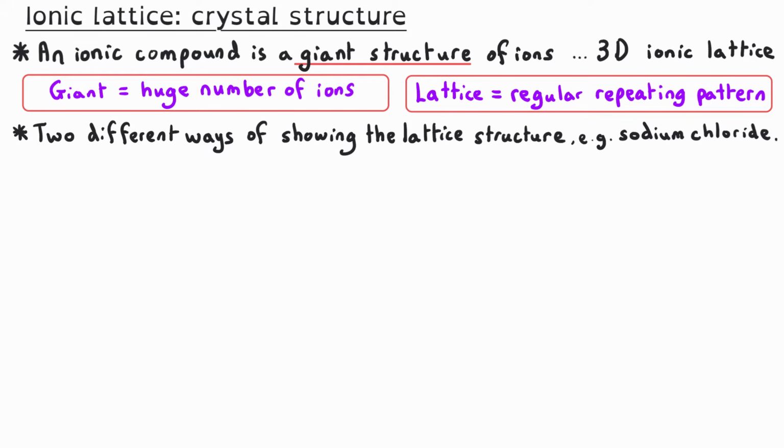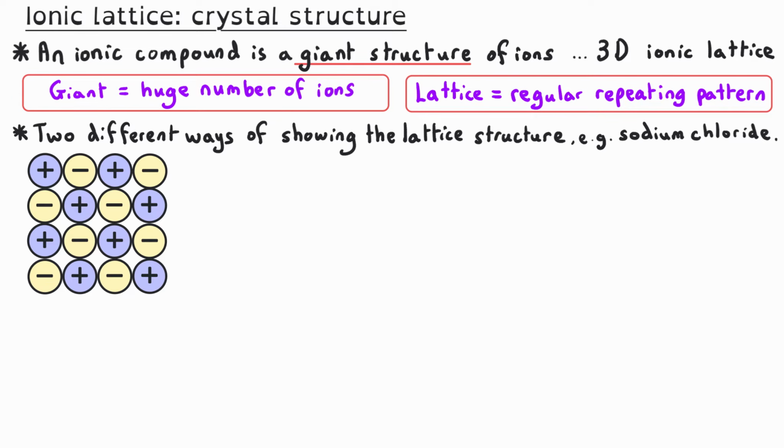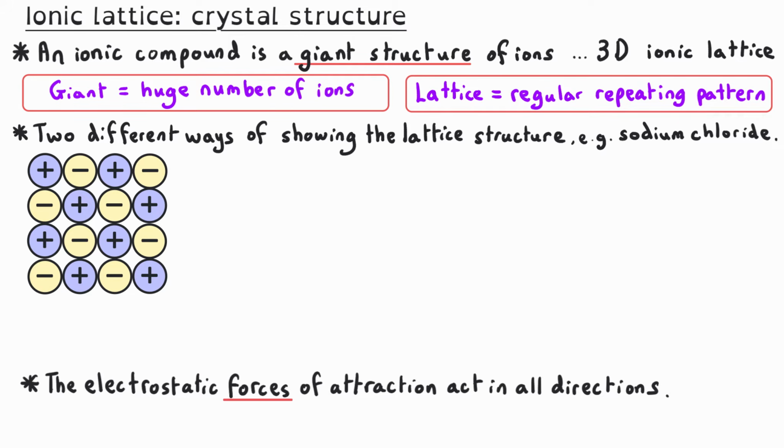There are 2 main ways of showing the lattice structure of an ionic compound, and I think the best way to demonstrate them is to gradually build them up. And so if we start with a 2-dimensional slice through an ionic compound, you can see that we've got alternating positive and negative ions in a regular pattern. And the electrostatic forces of attraction between these oppositely charged ions will be acting in all dimensions. And so you can see that this ion here has got 4 oppositely charged ions around it in that same